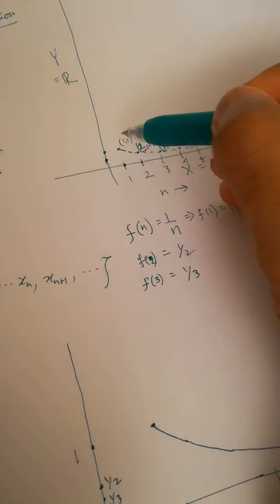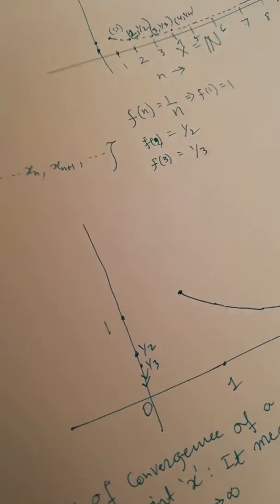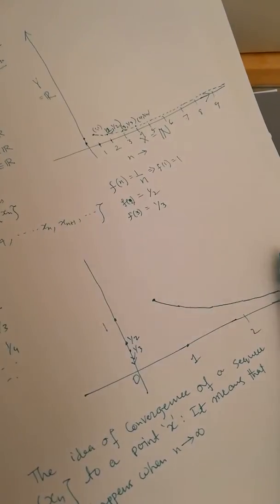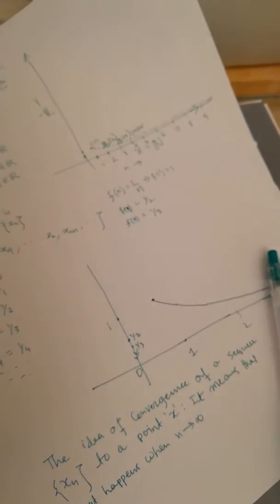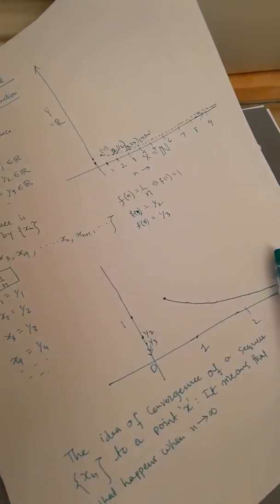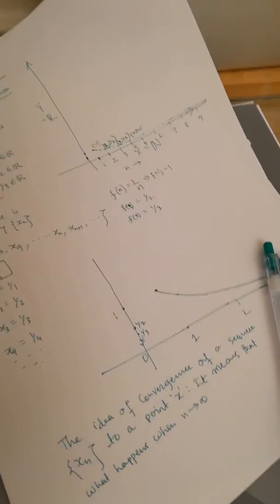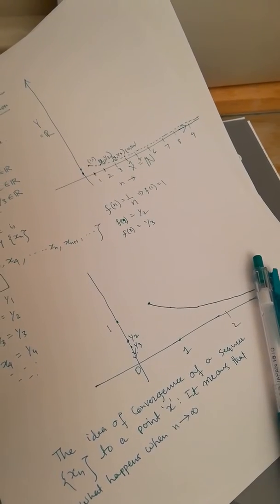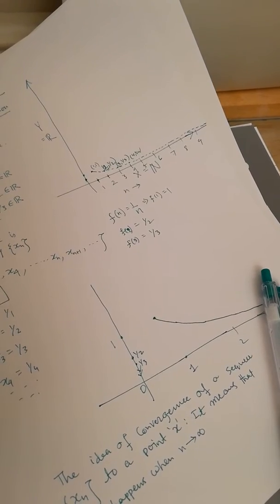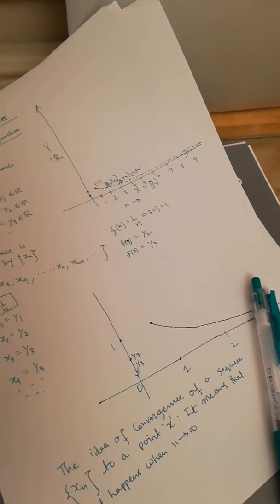For this particular 1 by n sequence, we see that the upper value is getting decreased. First it was 1, then it was half, then 1/3, then 1/4, then 1/5, and so on. Do you understand that this sequence is getting decreased, and it is actually going towards 0 when n is increasing? Take some time and think that the 1 by n sequence is getting decreased if you increase the value of n,